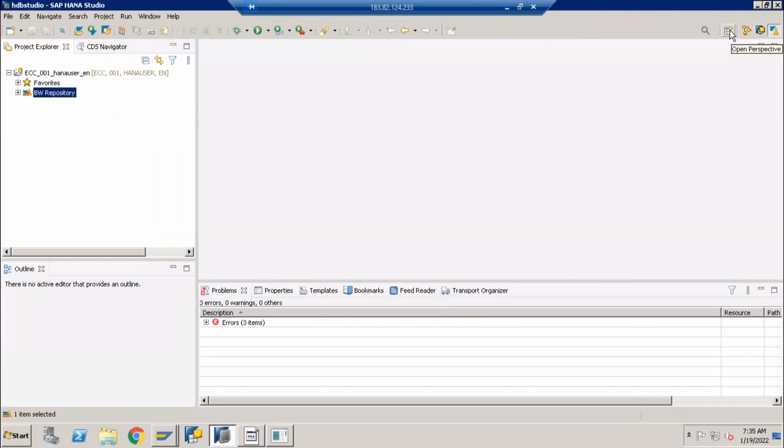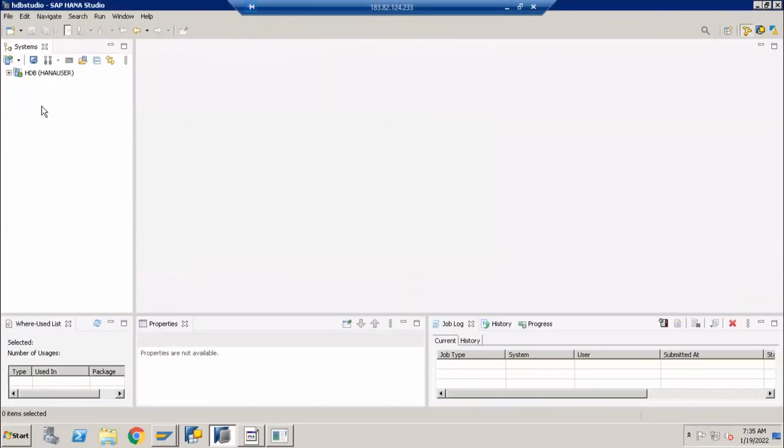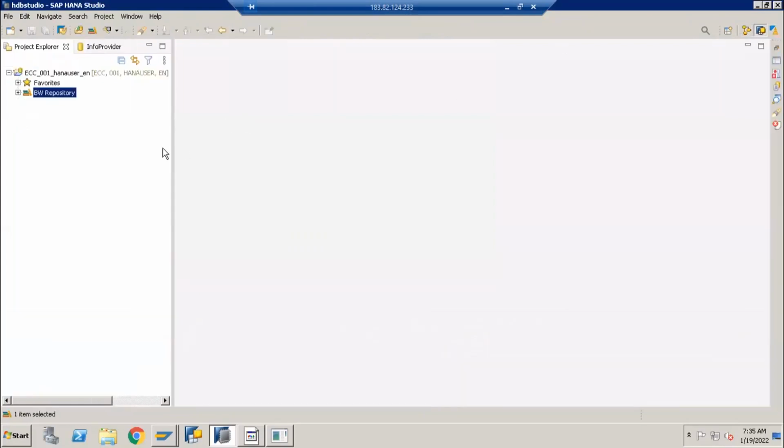Okay. If I go to HANA modeling, where is the HANA modeling here? This is the HANA modeler. If I go to HANA modeler, what will happen? You see on the left hand side, earlier I was on Project Explorer. Now it has changed to Systems, because when we work in the HANA modeler, automatically we need systems only, because here we are going to connect with the HANA database. So that's why perspective plays a very important role when working in HANA Studio or Eclipse. So in order to start with our BW work in HANA Studio, you should be in the BW modeling perspective.